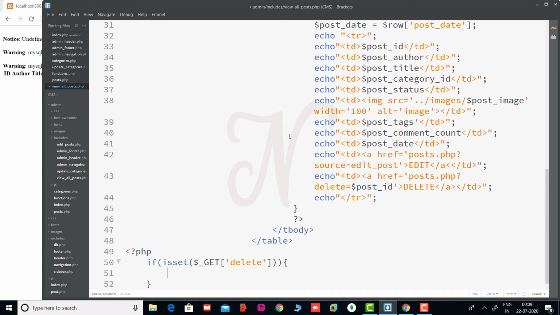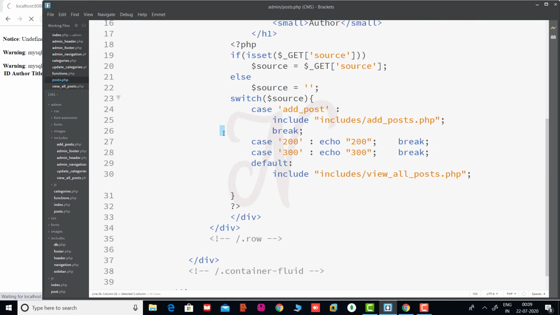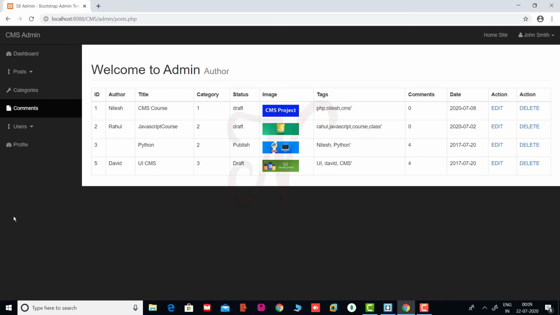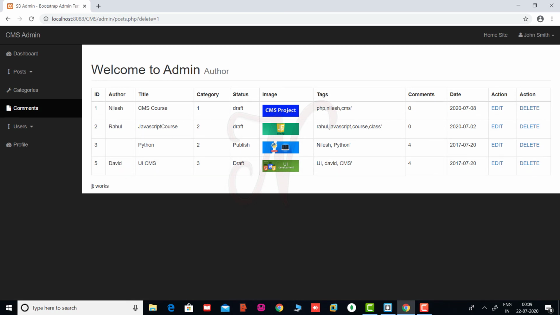Okay, so if it is set, then here we use just a testing message, it works. Okay, save these changes. Again we run this post.php file. So see here, we click on this delete, then see here it works.